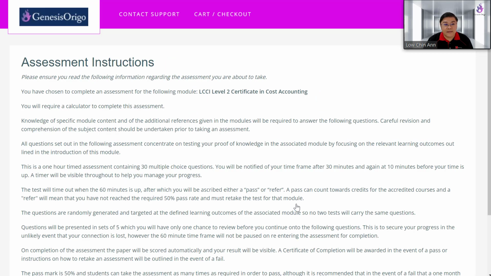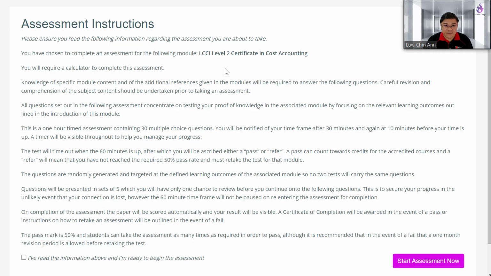So I'm going to click this, and these are the assessment instructions. I'm going to leave the instructions here on the screen so that if you want to go through them, you could just pause the video and read them one by one. Basically you could see that the test will run out after 60 minutes, and then you either get a pass or refer. Refer means you didn't get through the exam,